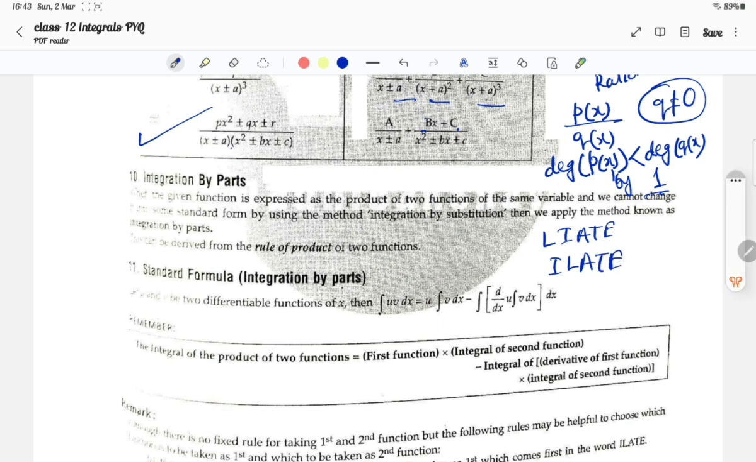LIATE or ILATE: I stands for inverse trigonometric function, L for logarithmic function, A for algebraic function, T stands for trigonometric function and E stands for exponential function, understood. So you have to remember this LIATE or ILATE, it will give you the priority of the functions: first priority, second priority, third priority, fourth priority, fifth priority, like this. Okay, so at a time, suppose x sin x is there, so x is algebraic